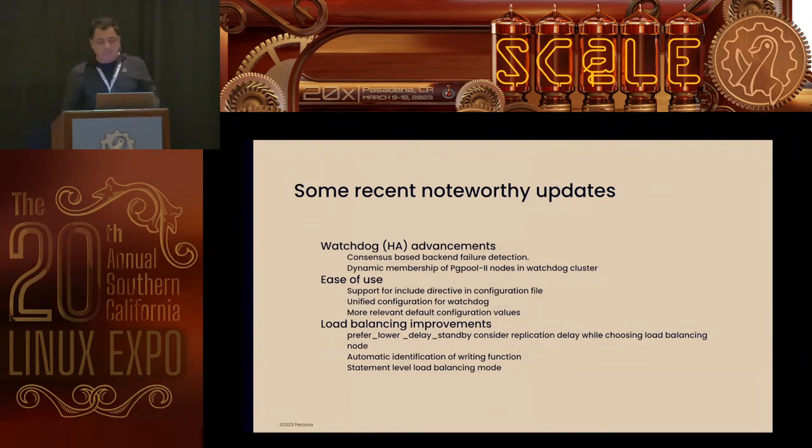Other than that, there are some recent noteworthy enhancements, not for 4.4, but in the past year or two, what the community has been doing for Pgpool. The Watchdog has got the most improvements. We have added consensus-based failover, as I mentioned in the earlier slide. In case of a backend failure detected by a health check, this failure is now coordinated among all the nodes, and if the majority votes that they are also witnessing the same failure,